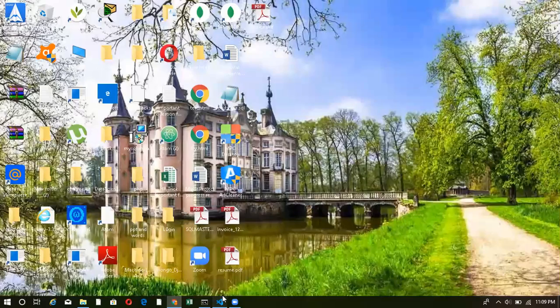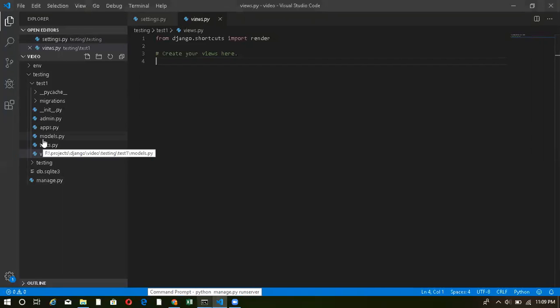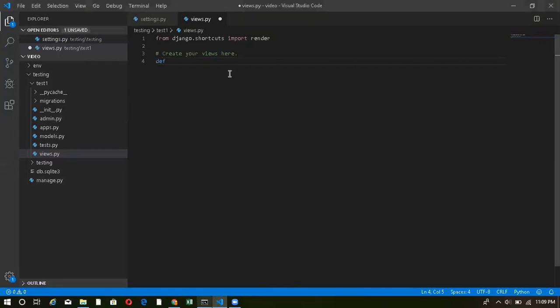So let's start with creating. Let me create a new function. First of all, I have to import HttpResponse from http, and now I can just create a new function.